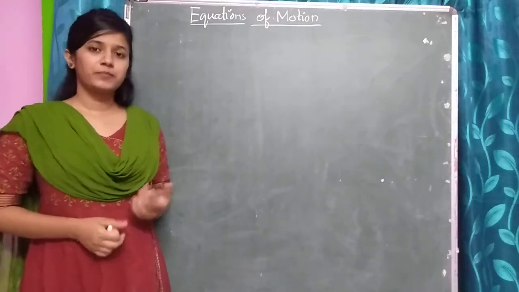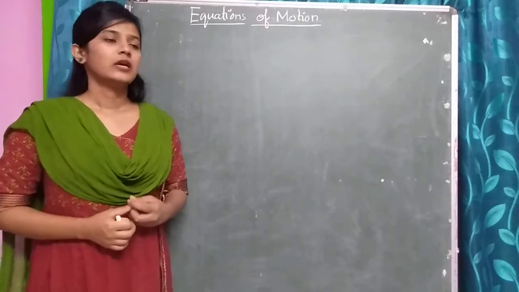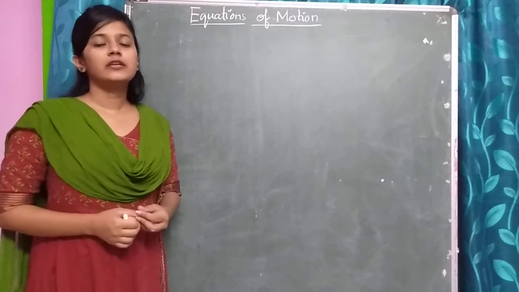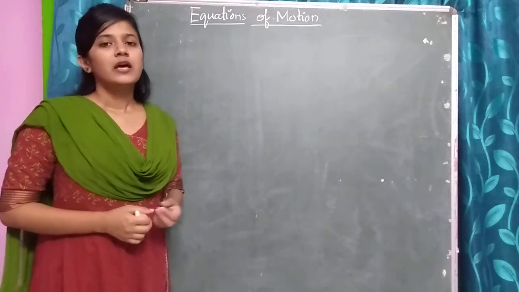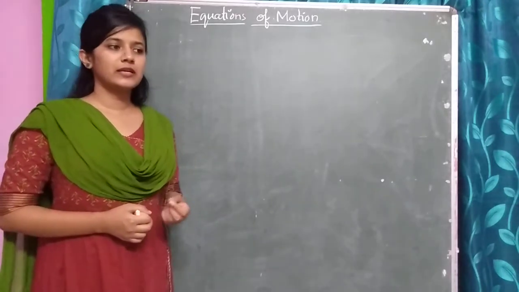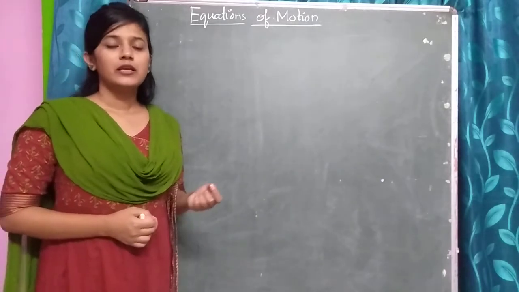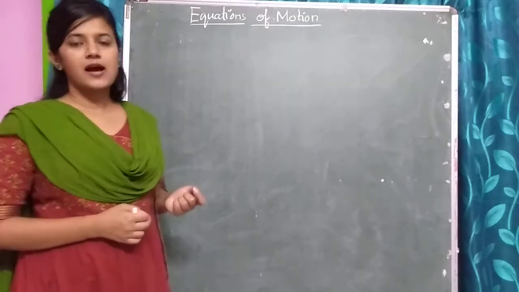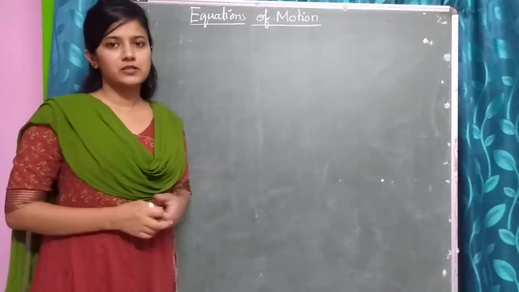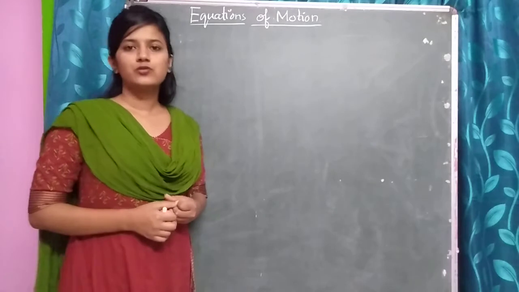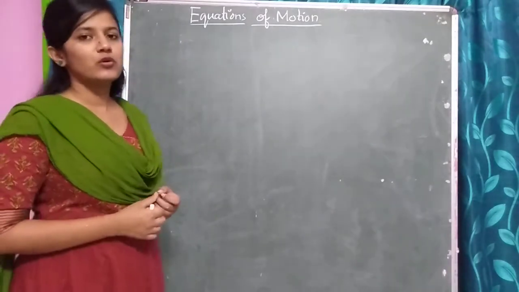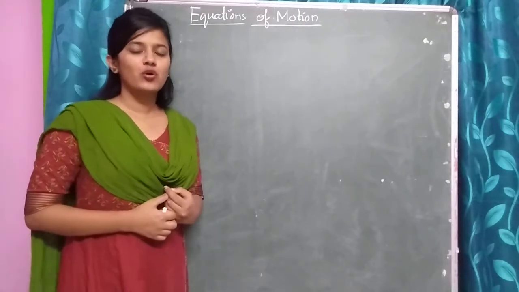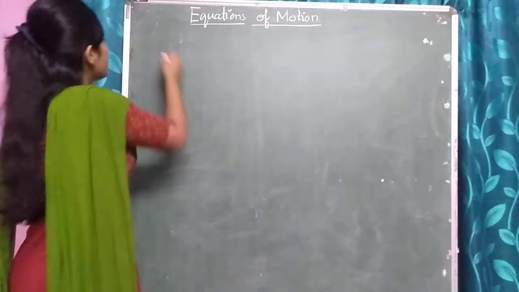If we can represent the motion in terms of an equation which contains the different parameters representing the motion, that is, the equation will consist of velocity, time, acceleration, displacement and so on. So in our course we have three equations of motion, and those are, the first one I will write,